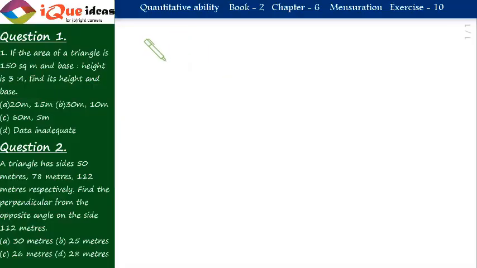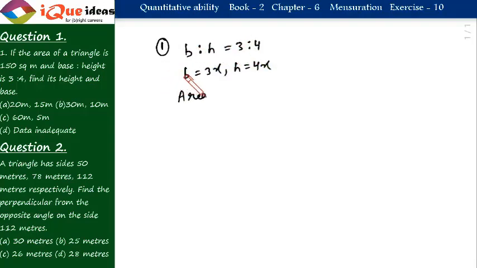Now let's take up questions from the next exercise, exercise 10. The first question says the area of a triangle is 150 square meter and the base to height ratio is 3:4. So let's take base as 3x and height as 4x. Now area can be calculated as half base into height. Area is given as 150, so it is equal to 1 by 2 into base 3x and height